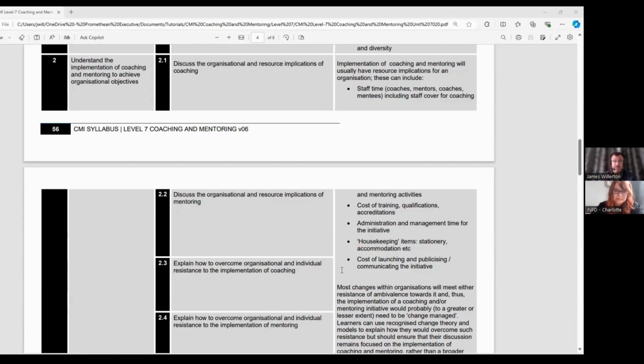So again, I think those are relatively straightforward. Just again, command verb is discuss. So this implies that you are to ensure that your answer involves contrasting perspectives and opinions on the resource implications here. So that's something to bear in mind. Make sure you perform the discussion around those questions.